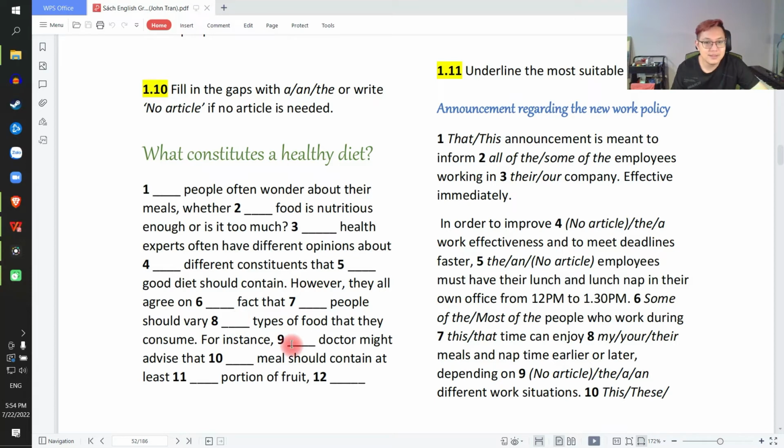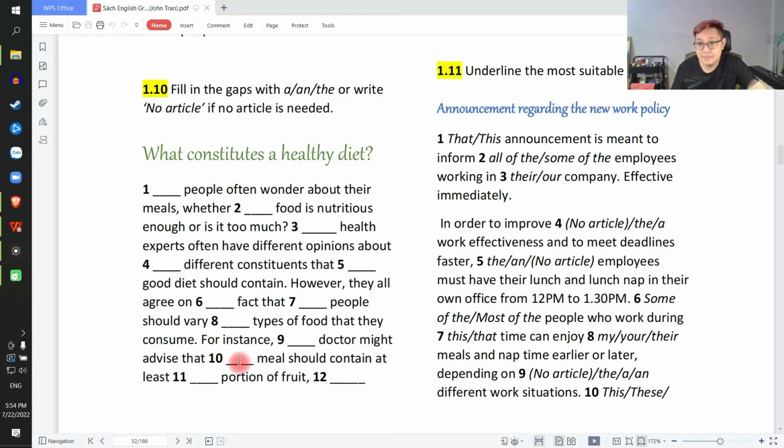Number 9. For instance, a doctor might advise. So here we want to talk about just a random doctor. A doctor. Mình muốn nói về một cái bác sĩ nói chung, một cái bác sĩ nào mà đó mà ngẫu nhiên thôi, một người bác sĩ. A doctor or one doctor, random doctor. A doctor might advise that